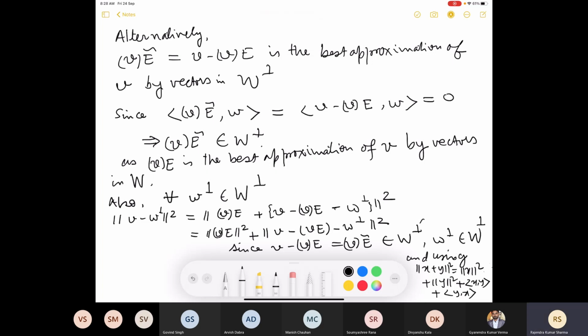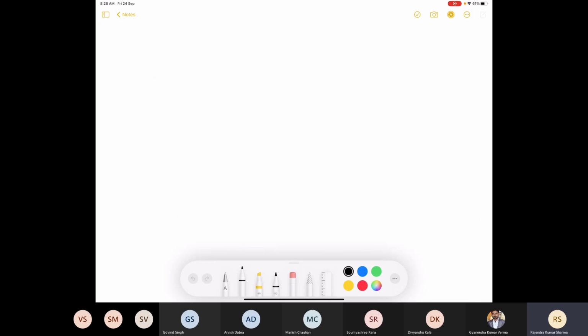So this will be simply the square norm of V, plus the square of the norm of V minus VE, minus W orthogonal. So what we have got is that the norm of V minus the orthogonal complement of this W, square, is the same as norm VE square plus norm of V minus VE